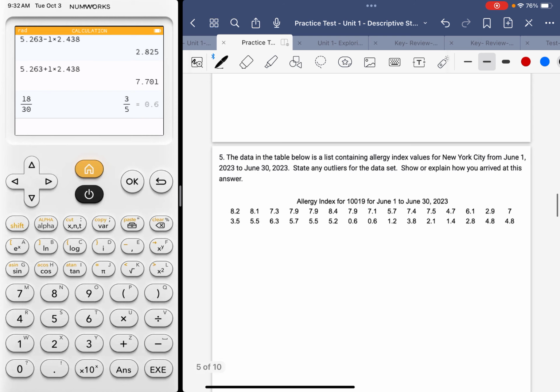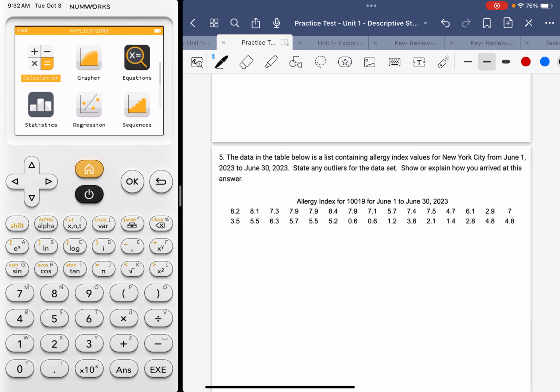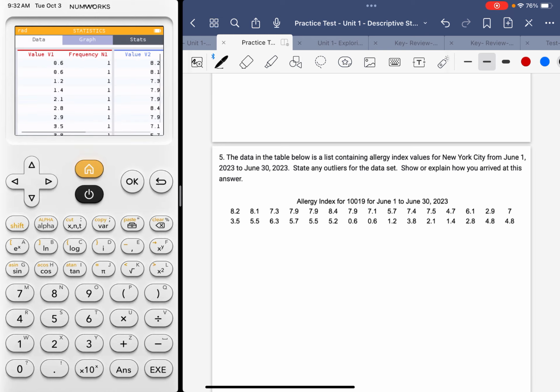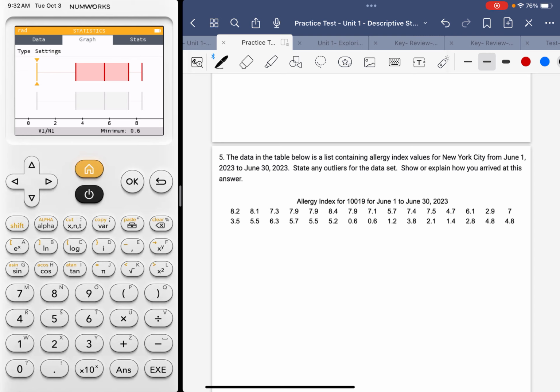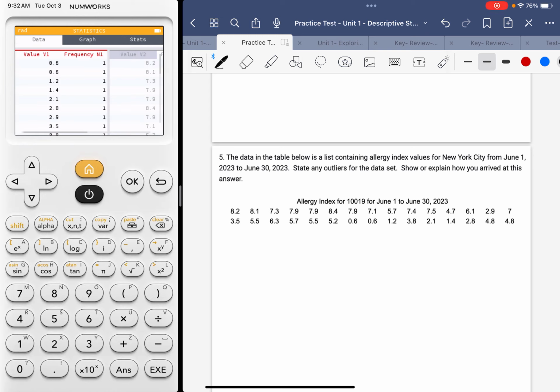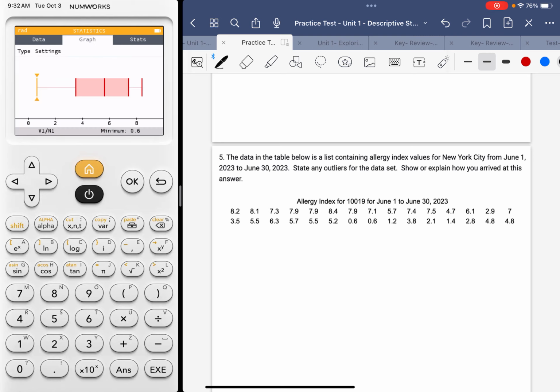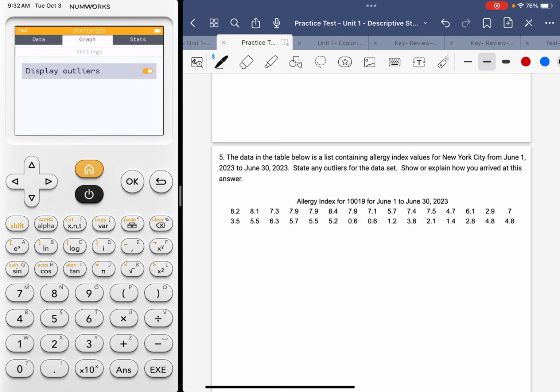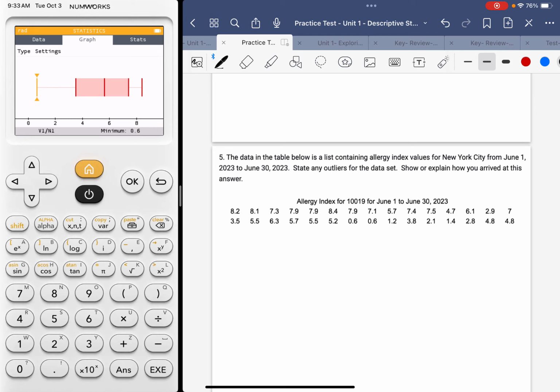Outliers. So this one's a nice one. All right, so let me go into statistics again. Go to graph. Oops. Box plot. Oh, I have my other data set turned on, so let me just go ahead and turn that off. All right, go into settings. Now display outliers. All right, so we would say that there are no outliers